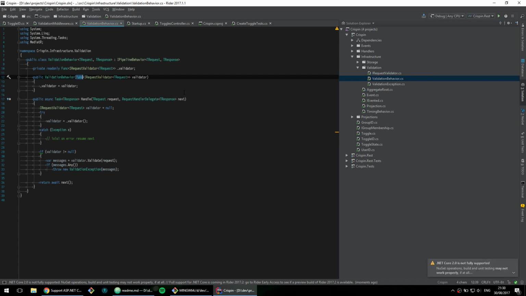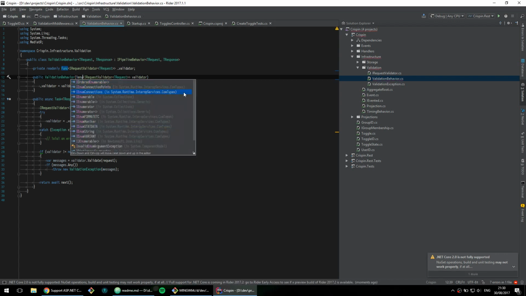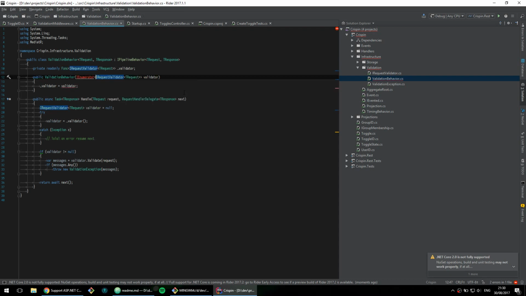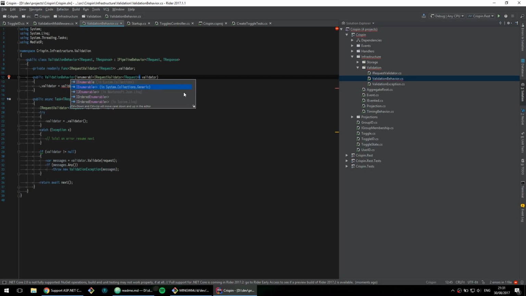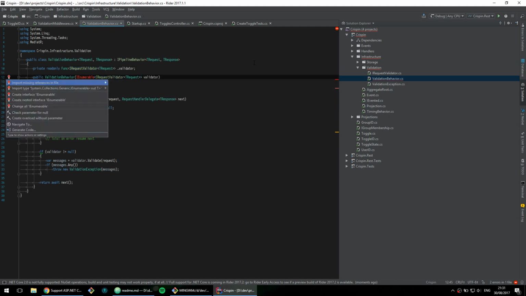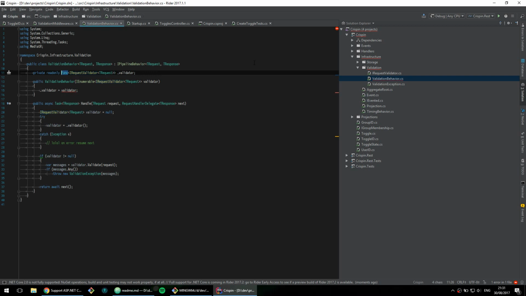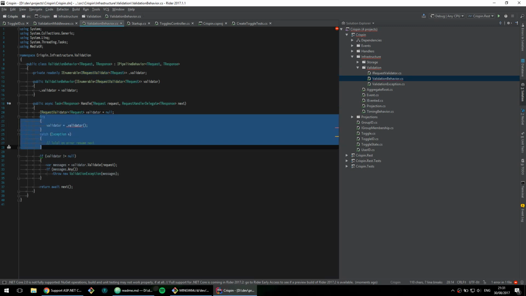So what that means is, rather than taking in a func here, we can change this to be an IEnumerable or an array. I think we'll go with IEnumerable for now. All we shall do is fix that, change this to be IEnumerable also, and now down here, instead of this try catch, what we can do is